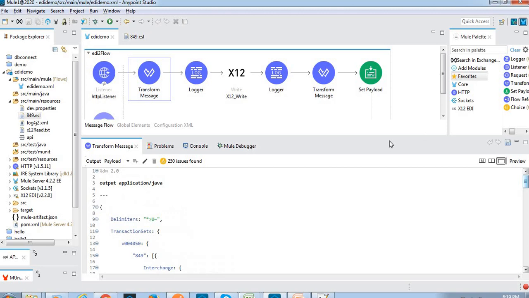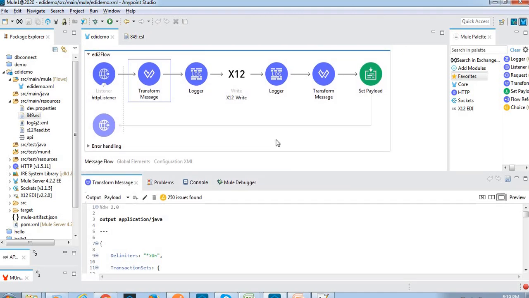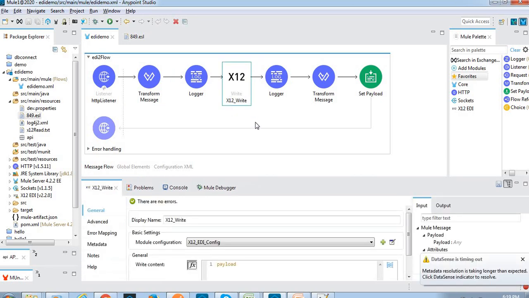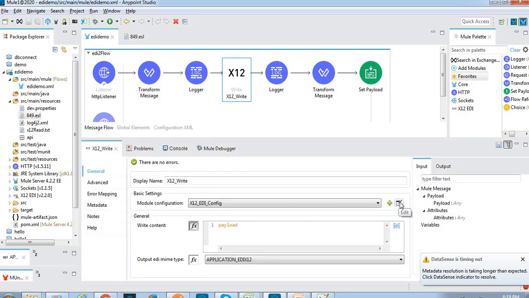Okay, this is the transformation of the given JSON data, and once we prepare this object, we give it to the X12 write. Here we have to provide the .esl file. ESL is nothing but EDI Schema Language.